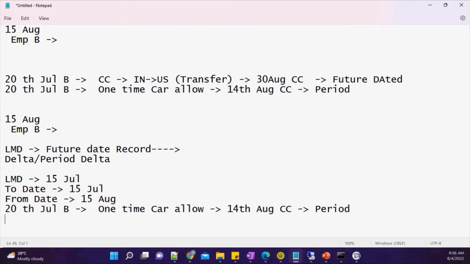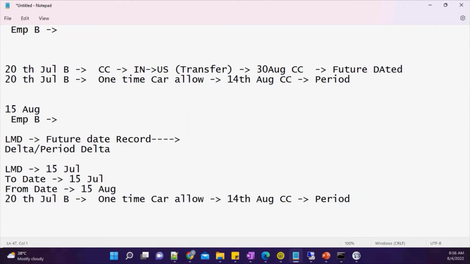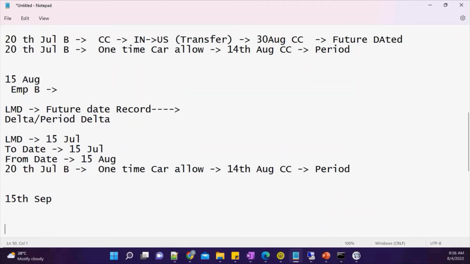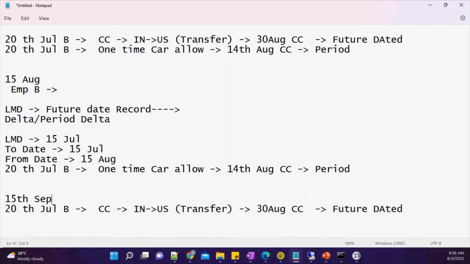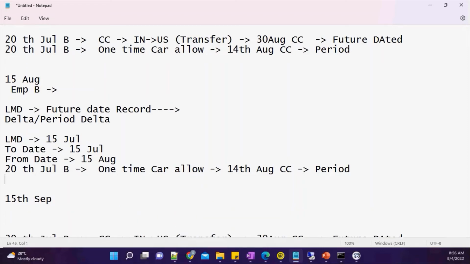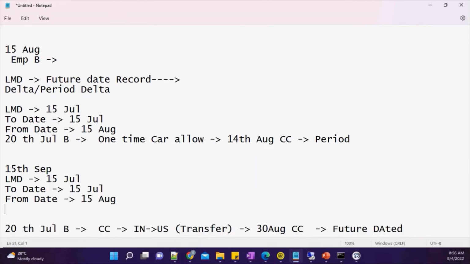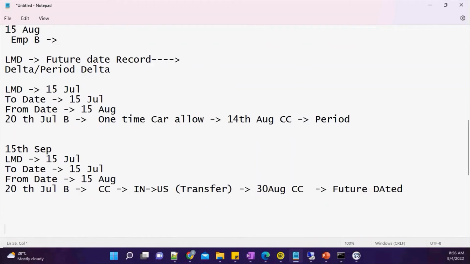Okay, and when I run on 15th of September, that time my next record will come with a delta. If I run it with delta, this particular record will come. And what would be my query? My query parameters will have these three fields.